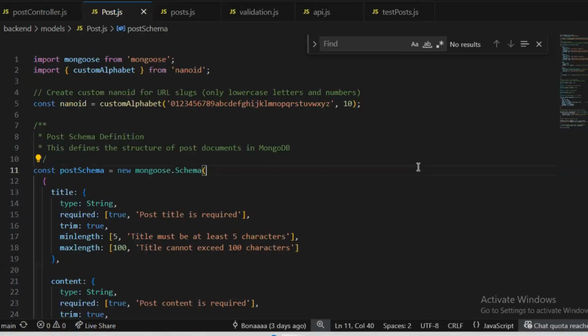Here in the model post, the post model imports NanoID custom alphabet to create URL-friendly slugs.